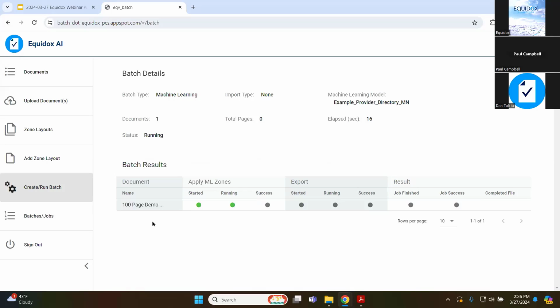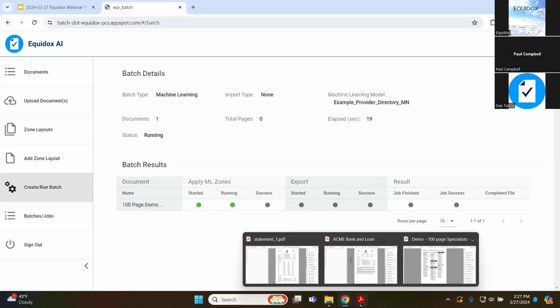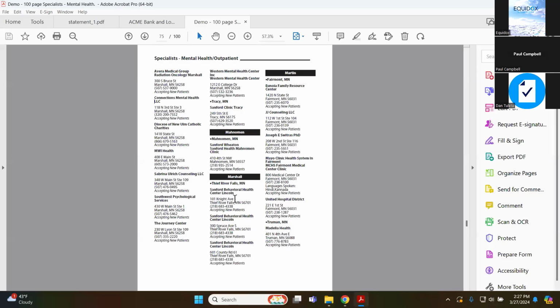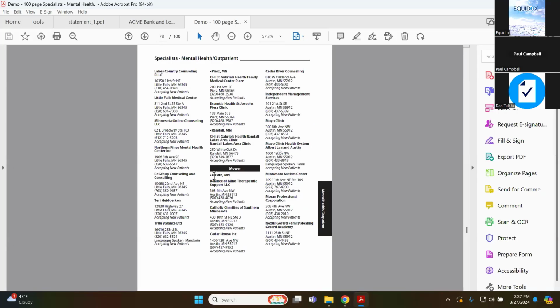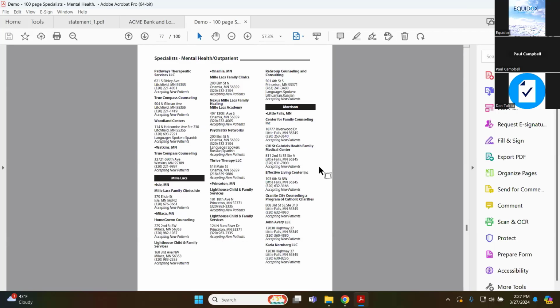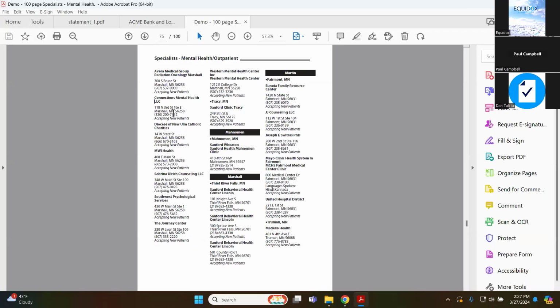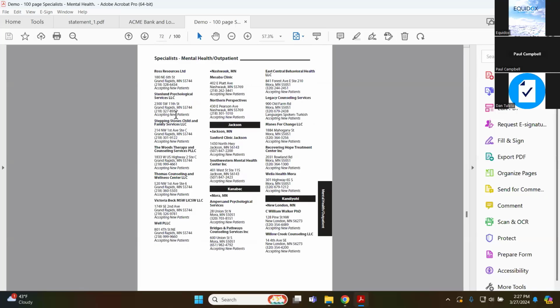But those physicians' directories, the volume of them is impossible to deal with. And they're actually quite complicated documents. You have very complicated heading structures throughout. You need to, of course, make sure that the 3-column reading order is established on documents and pages like this. And there's all kinds of different things that span across multiple pages that need to be accounted for. There's just simply no way for humans to be able to remediate these at the volume of literally thousands of pages that are constantly being updated on a monthly basis.